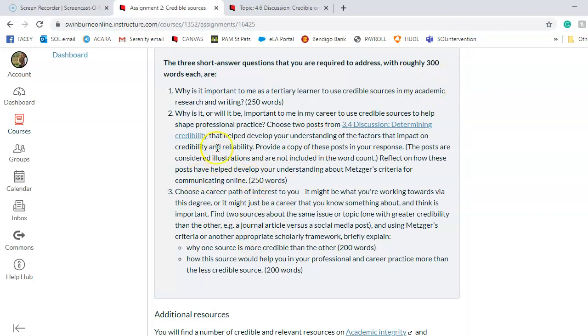So it's roughly 300. So for question 1, all of this information is in the Collaborate session as well, so I'm not going to read through it all, but it's 250 words, 250 words, 200 words, and 200 words. This is the breakdown of the questions. Remember, question 3 has 2 questions. Very important.